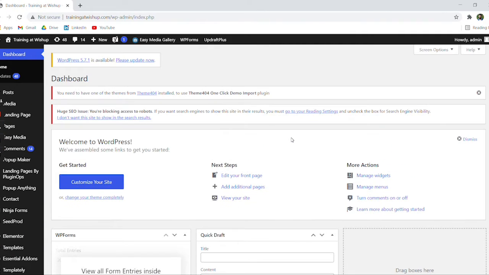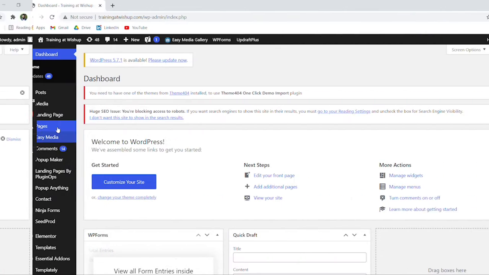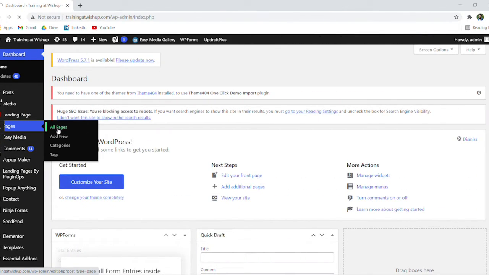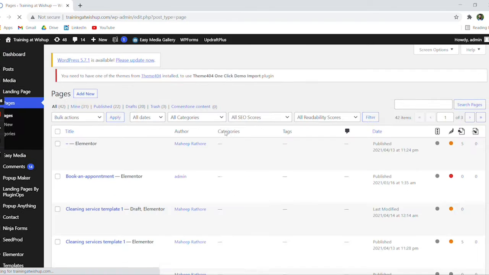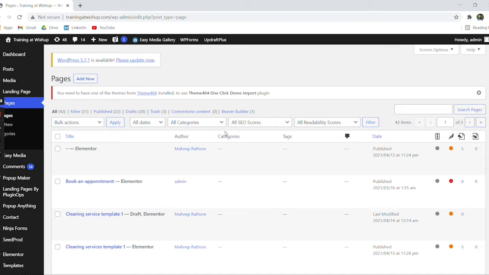The dashboard will provide a wide array of options for you to check and choose from. However, we are going to be covering majorly posts and pages, but you can feel free to explore all the other tabs available in the admin panel according to your needs. Let's click on Pages on the left-hand panel and click on All Pages to access the pages on the website. You can start customizing the pages that you require on the website from this particular tab.